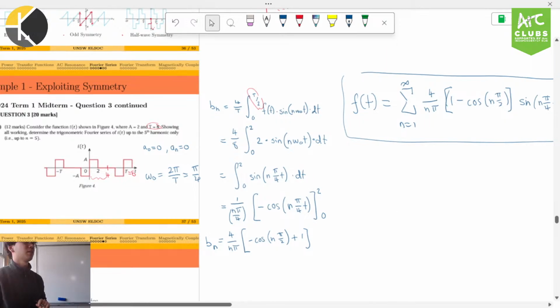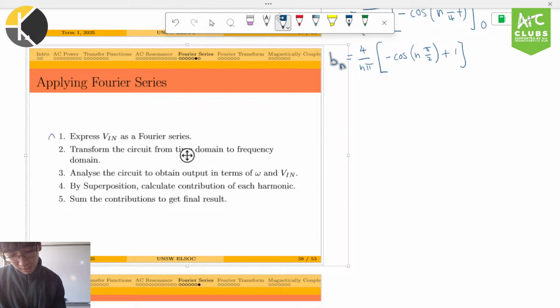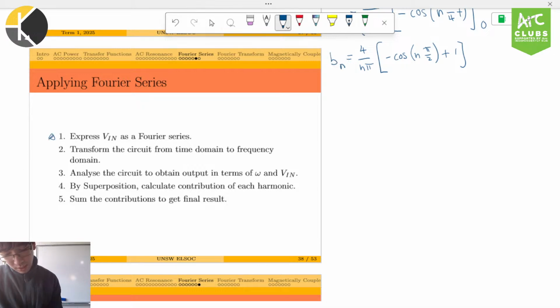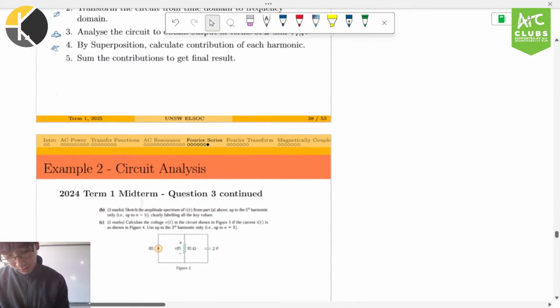Cool. Alright, moving on. So like I said earlier, the whole reason we're doing Fourier series is so that we can apply it to a circuit. So now that we've expressed V in as a Fourier series, next thing we want to do, if we have a circuit, is convert it to the frequency domain, analyze it to find the output in terms of omega and V in, and then use superposition to find the impact of each harmonic and its contribution towards the output. So applying that to a question,